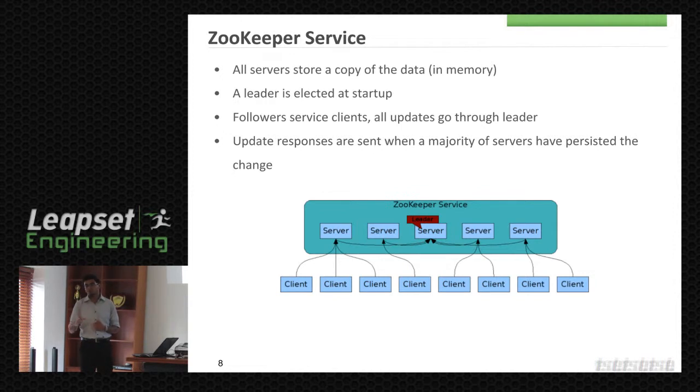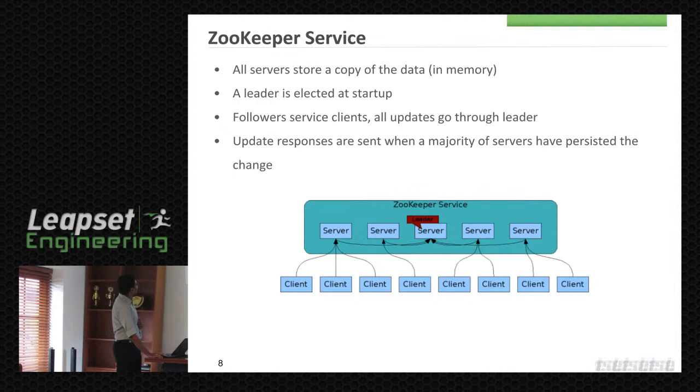So basically, you can bring up Zookeeper in two ways. One is the standalone mode, which means there's only one Zookeeper node. The other one is cluster mode, so in a cluster you have multiple nodes. At startup, a leader is selected among the Zookeeper servers. Suppose this is the Zookeeper cluster, and this one has been elected as the leader. Once that is done, all these servers will store a copy of the data, which are the data files, the snapshots, and some log files, in memory.